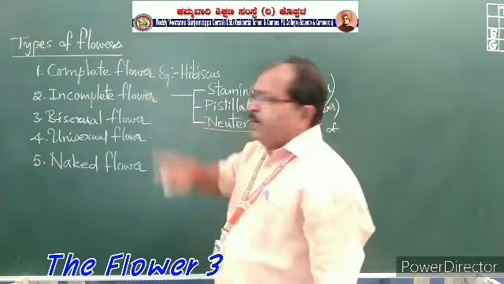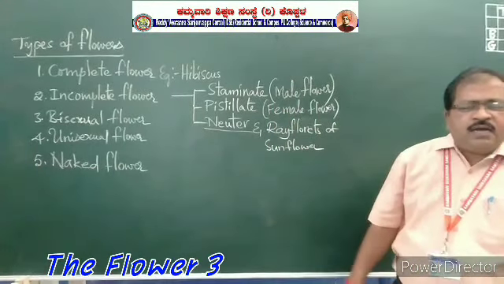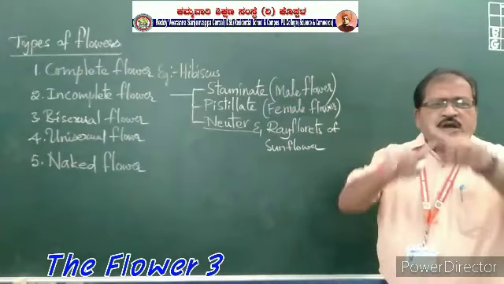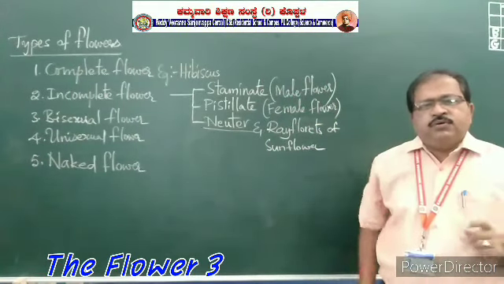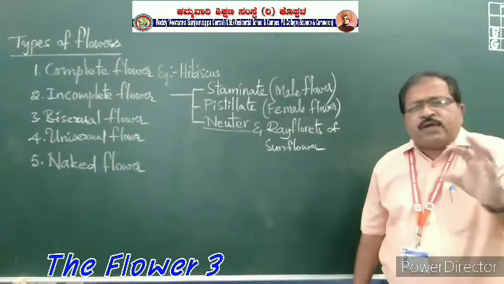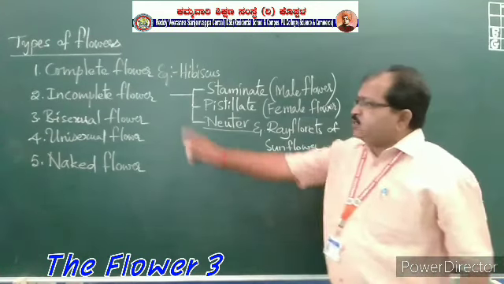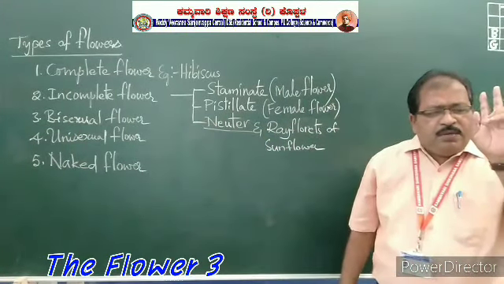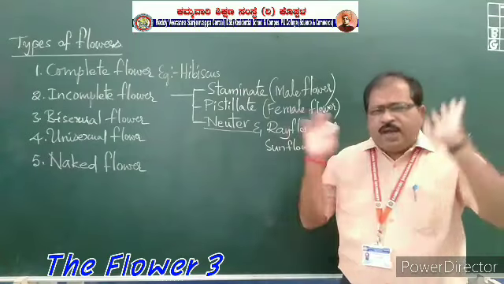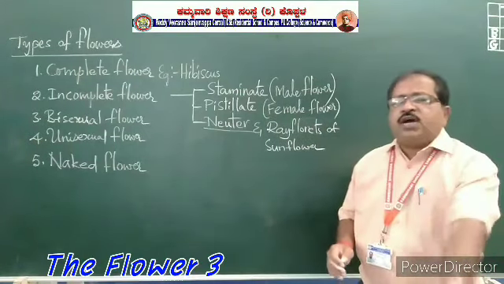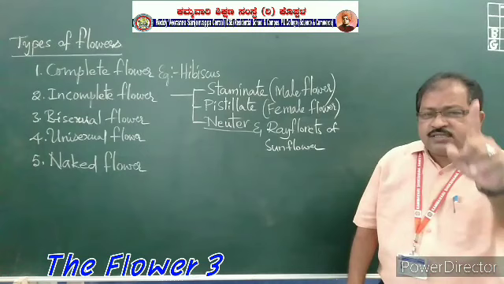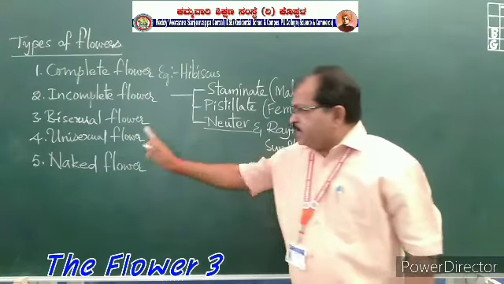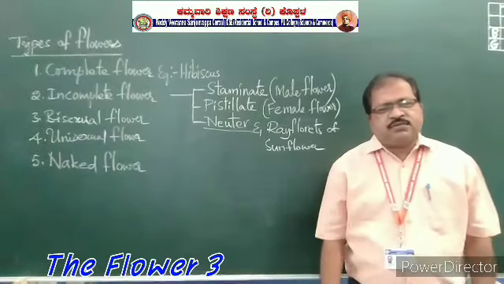You might be having a doubt here. Bisexual flower and complete flower are the same? No, sir. No, those are different. Complete flower means all four rows or floral parts are present in a flower. Whereas in a bisexual flower, the calyx or corolla may be absent, but both the sexual parts are compulsorily present. That is called a bisexual flower, hermaphrodite. Okay, and come to the next one, unisexual flowers.